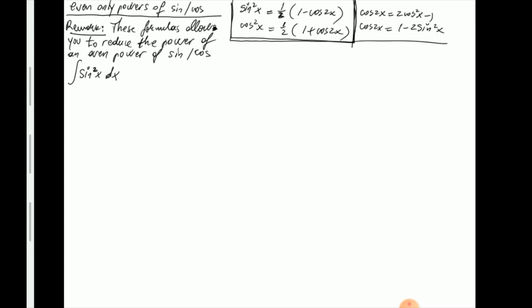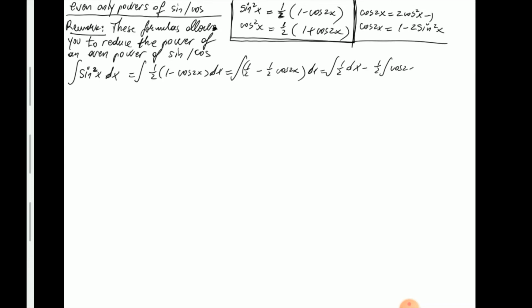So if I have an even power, again, use the double angle formula, or you can call it the power reduction formula if you want. And notice in both, whether you have sine squared or cosine squared, you end up basically in terms of cosine of 2x. So sine squared of x is replaced by 1/2 times 1 minus cosine of 2x. And now to integrate, of course, you need to distribute the constant